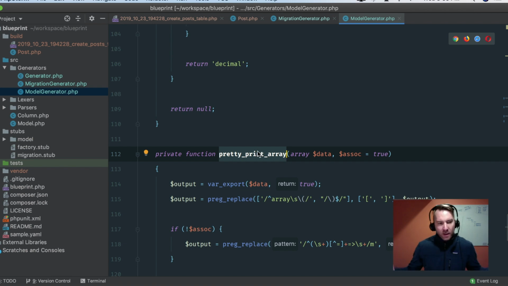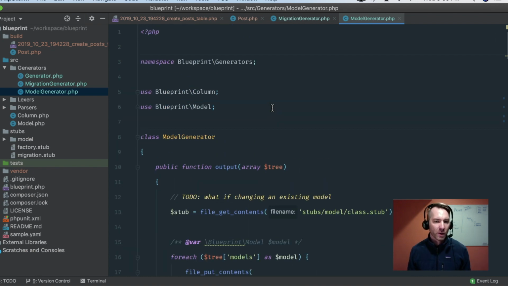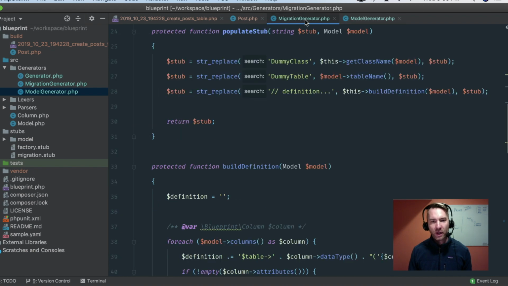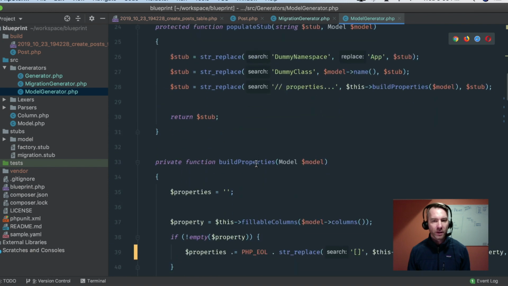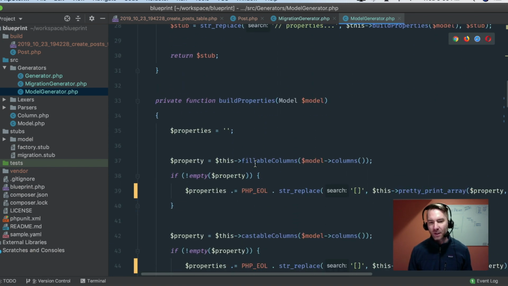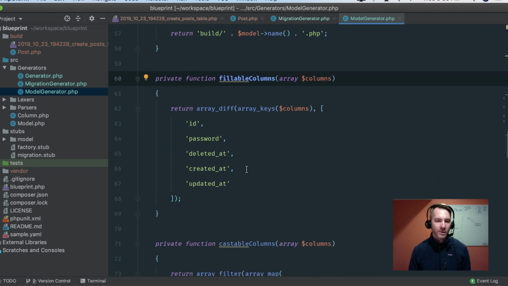So other than that, that's really all I worked on. I shouldn't say that's all, because it was a couple days worth of work. But things really started flowing once I got that migration generator built. It was very easy then to make the model generator, and really the only nuance or logic is determining what it is to be a fillable column. So I wanted to